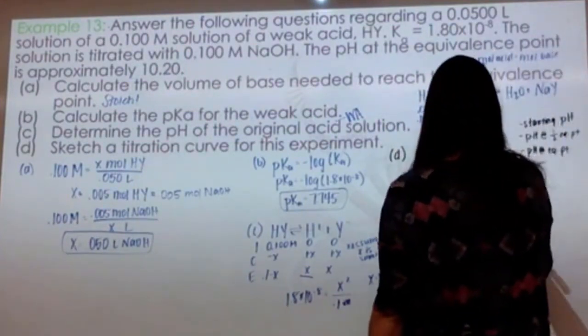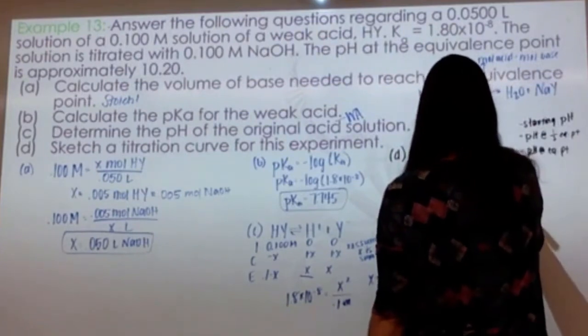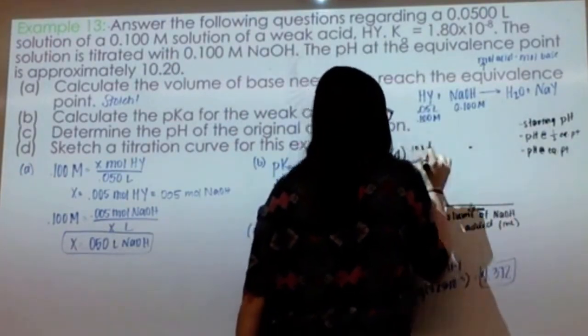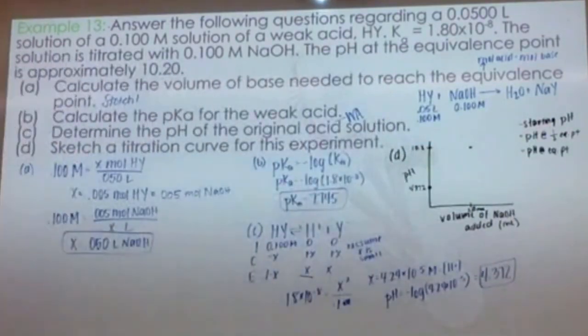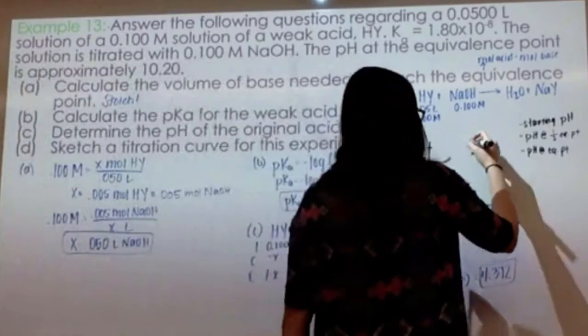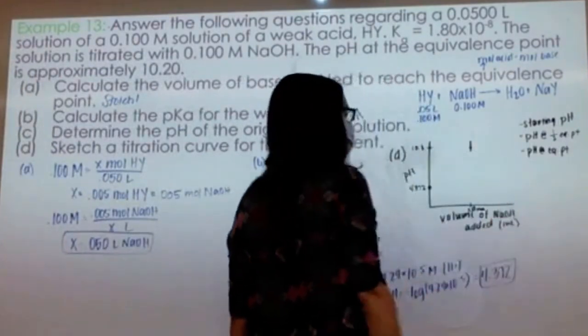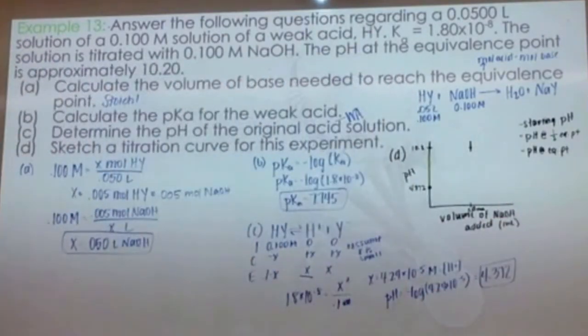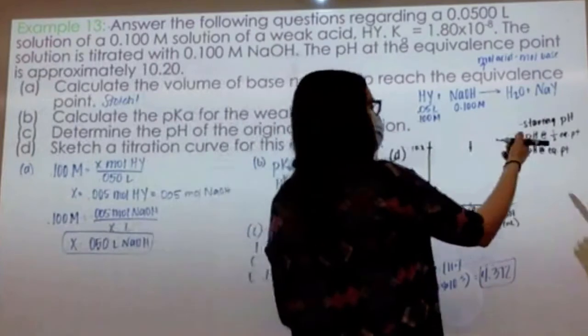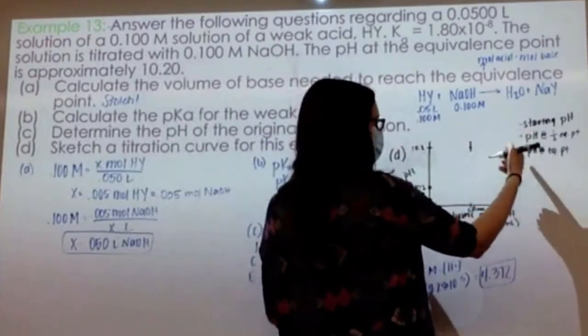So I'll go ahead and just put a dot up here. It's 10.2. Is this to scale? No, we'll just do our best. Now remember, at the equivalence point, to help us draw, it'll help to put a vertical line through the equivalence point dot. Now the half equivalence point, the reason I like to do it after the equivalence point is because